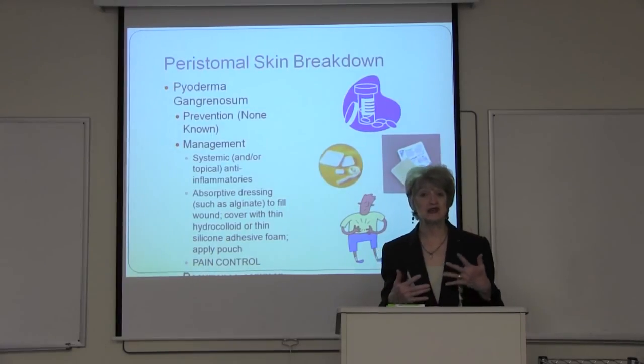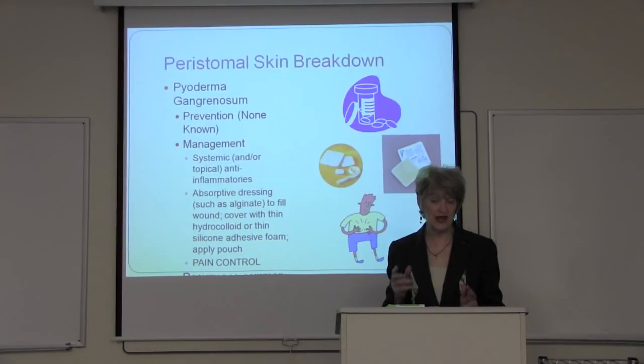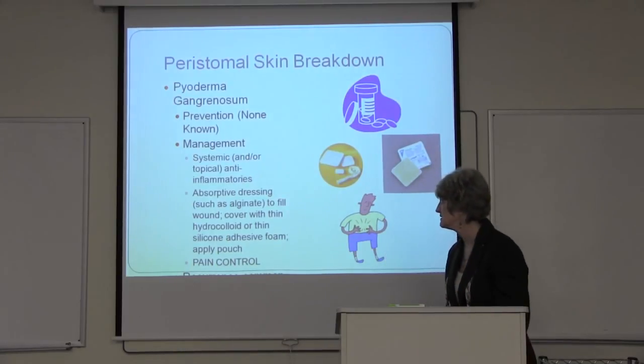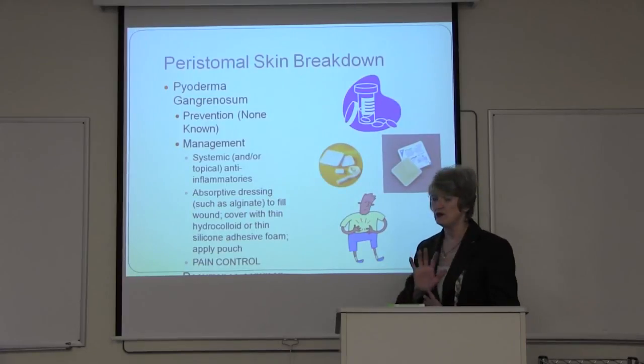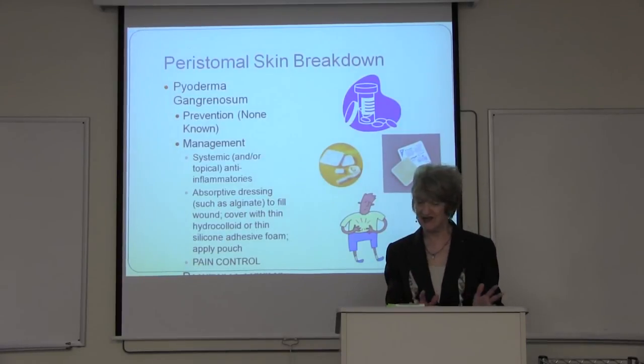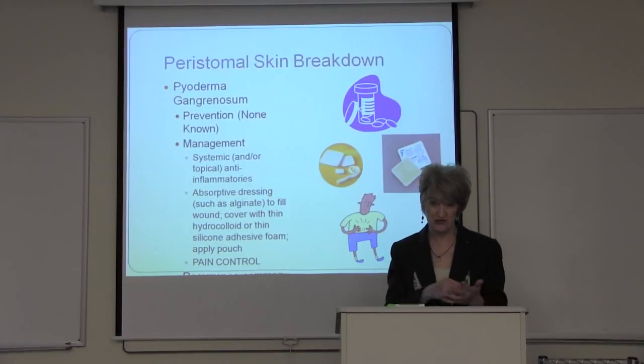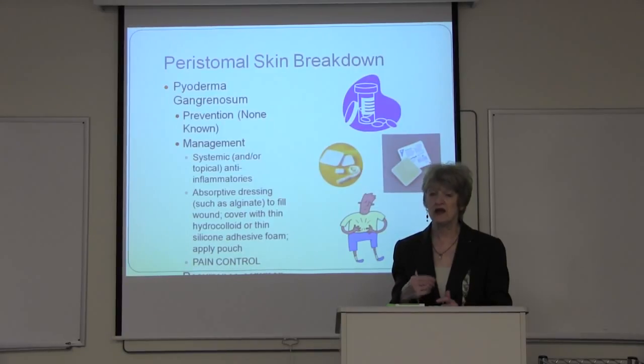Some clinicians use intralesional steroids, so they actually inject triamcinolone into the dermal tissue to try to get the steroid right at the source of the inflammatory process. Bottom line, you have to treat them systemically. It's not enough to treat them just with a topical agent, or at least it's very rarely enough. So most of the time you either have to give them systemic steroids, something like Remicade, that's been very effective,